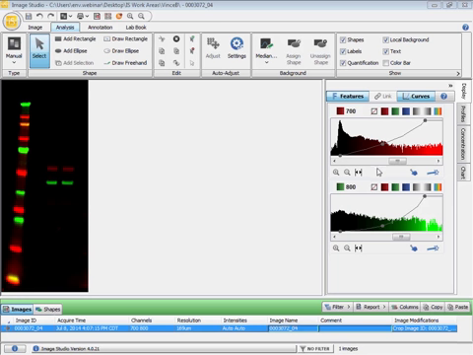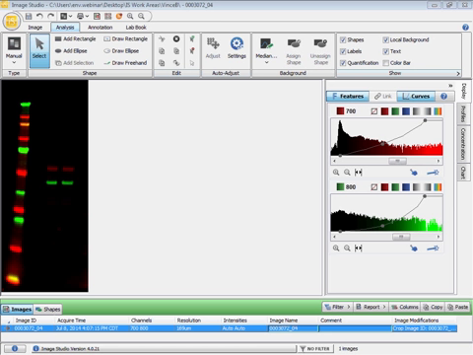In this video, you'll see how to set up the Image Studio software to size bands using the Chameleon Pre-stained Protein Ladder. It is very important to define the appropriate marker set for accurate sizing, as each of the Chameleon products contains bands with different molecular weights. If incorrect values are assigned to marker sets, or if bands are sized using the inappropriate marker set, sizing information